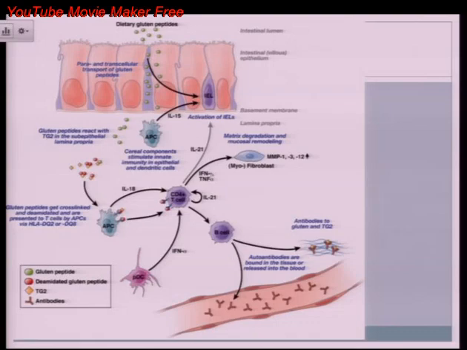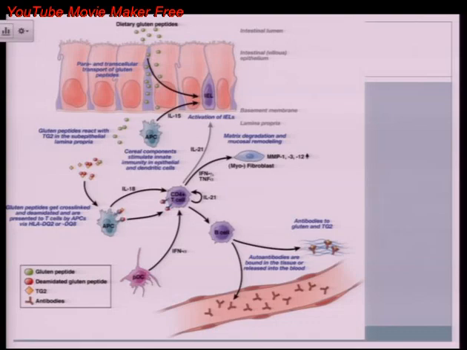It passes through the epithelium either via leaky tight junctions causing increased permeability, or through transcytosis, and then it goes inside. And here the gluten peptide reacts with the tissue transglutaminase in the subepithelial lamina propria. And this increases the antigenicity of the gluten molecule here. And then via HLA-DQ2 and DQ8 on the antigen-presenting cells, it interacts with the CD4 T cell, which in turn leads to activation of the myofibroblasts, leading to mucosal remodeling, villus atrophy, and